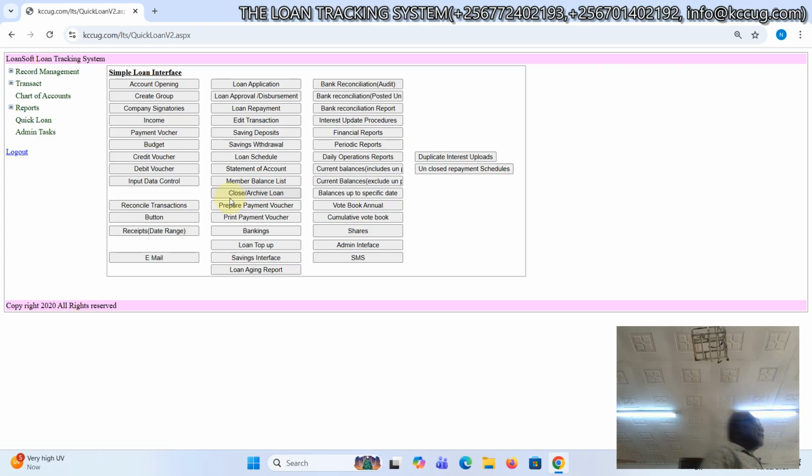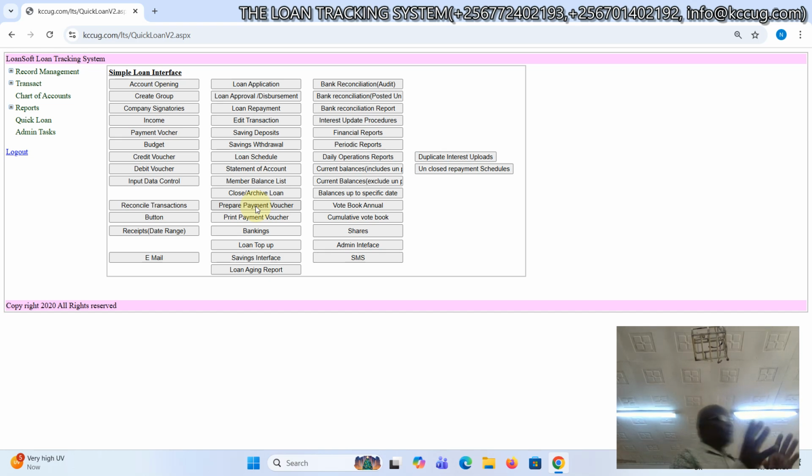Transport, when the cashier is going to get money from the bank, and airtime. So in order to capture those expenses, you still use this same option. By the way, these expenses are very crucial. Why are they very crucial? When we are determining the net income,